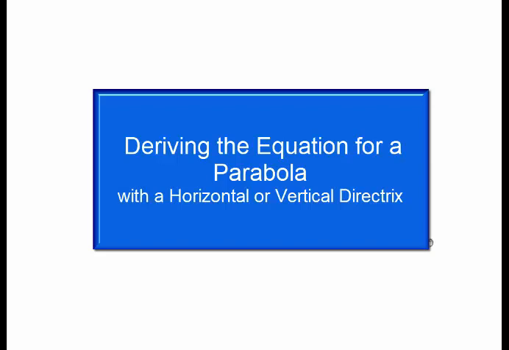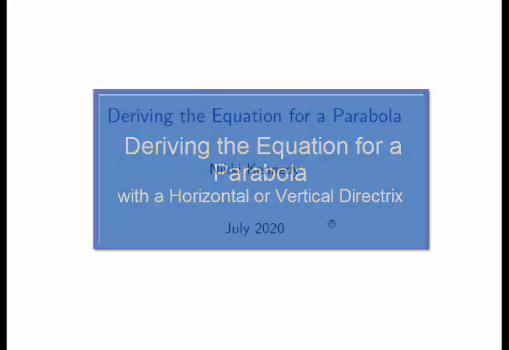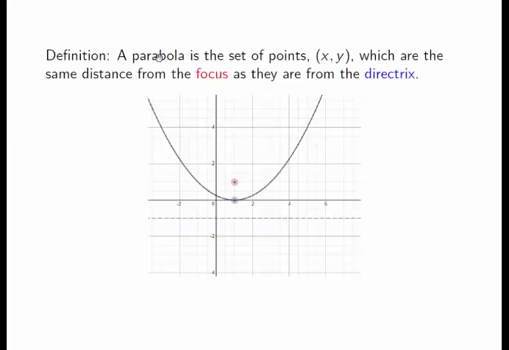In this video, we are going to derive the equation for a parabola. And I do want to say this is for a simple parabola which has a horizontal directrix or a vertical directrix. Now to begin, recall that a parabola is the set of points, so all ordered pairs in the Cartesian plane,